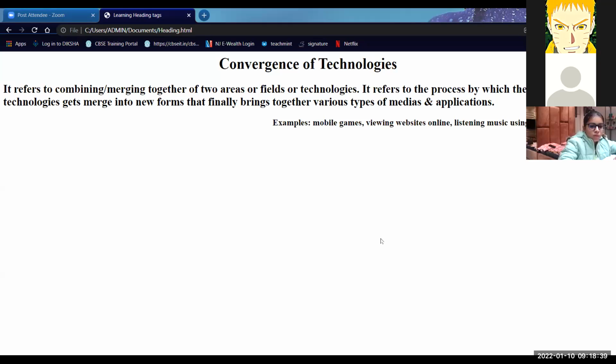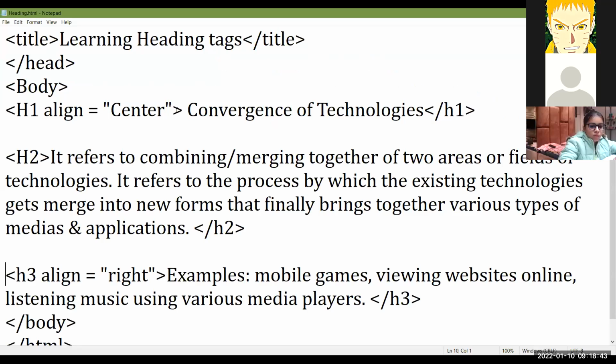Attributes are used only in the opening tag. यहाँ पे मैंने align equals to center सिर्फ opening tag में लिखा ना. Closing tag में सिर्फ H1 को close किया. यहाँ पे align तो नहीं लिखा दोबारा. That I was telling, ma'am. The attributes are used only in the opening tag, not in the closing tag. Okay? Yes, ma'am. Thank you, ma'am.